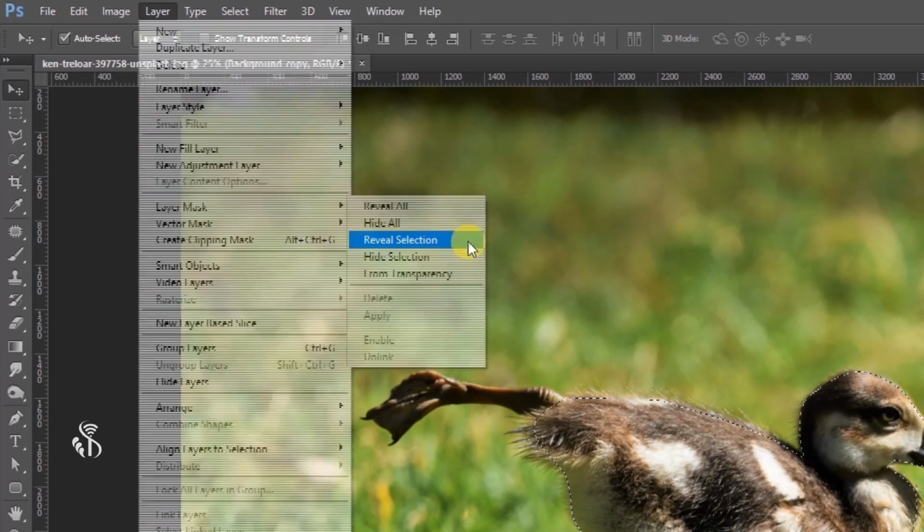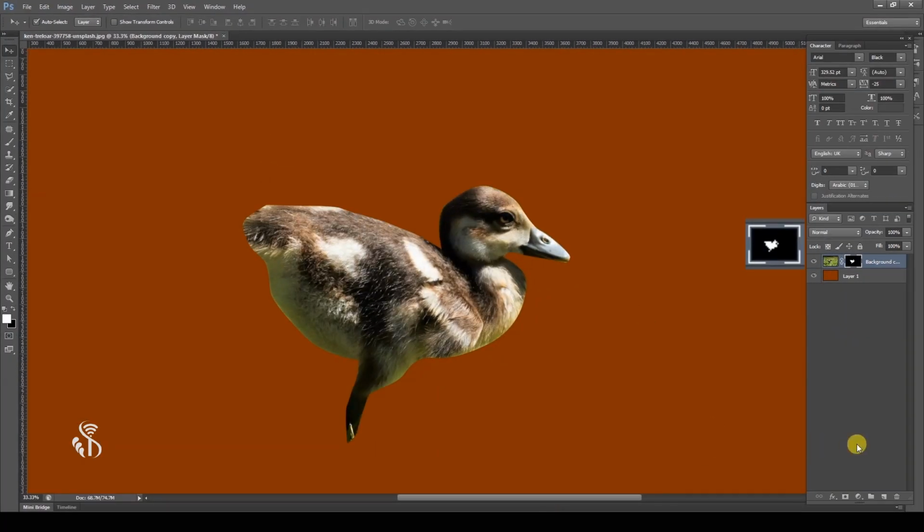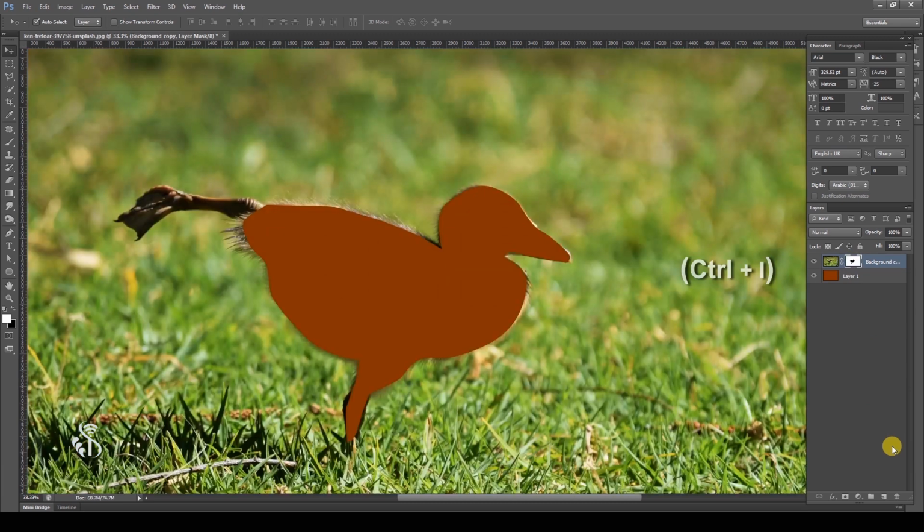The white colored mask is now visible in the Layer palette. The mask is always displayed in white or black color. Now, if you select the mask and press Ctrl plus I key, then the mask changes color to black and the layer is not seen.